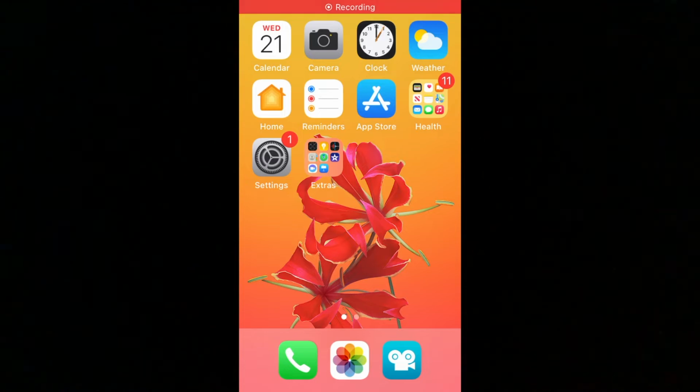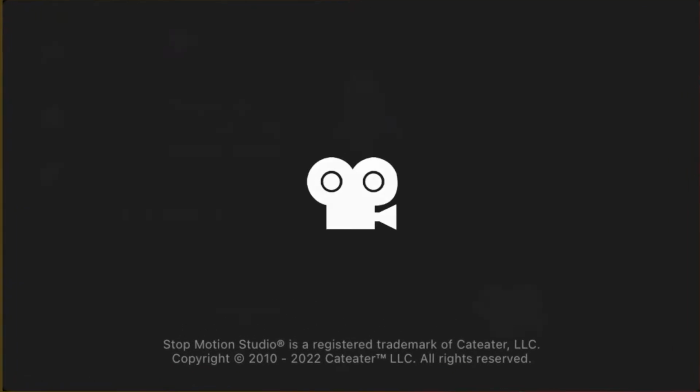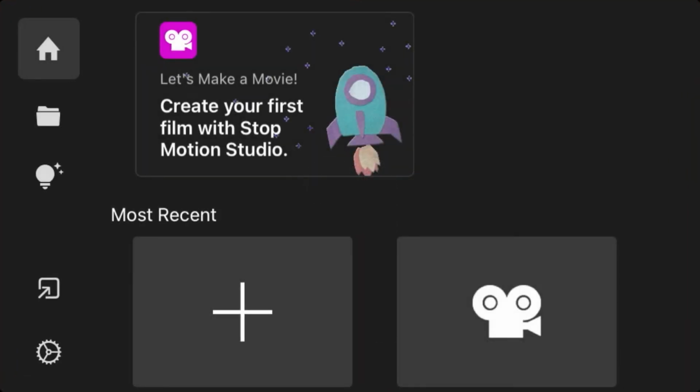In this video, I'm going to teach you how to use the stop motion app. I'm going to be using it on an iPhone, but it's pretty much the same setup for any device. Alright, let's get started. When you open the stop motion app, if you have already created some videos, you'll see